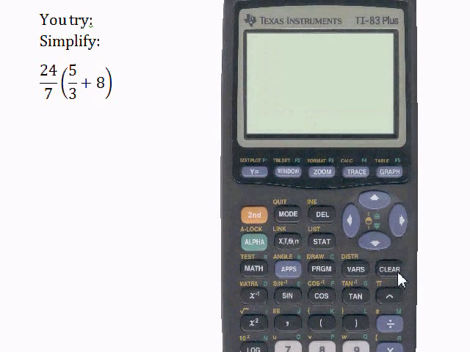Okay, so I got my calculator. I went and pressed the clear button. And I'm going to find out what 5/3 plus 8 is first. So I go parentheses, 5/3 plus 8. We can type math, enter, enter to turn it into a fraction. We get 29/3. So our intermediate step, or our middle step, is to get